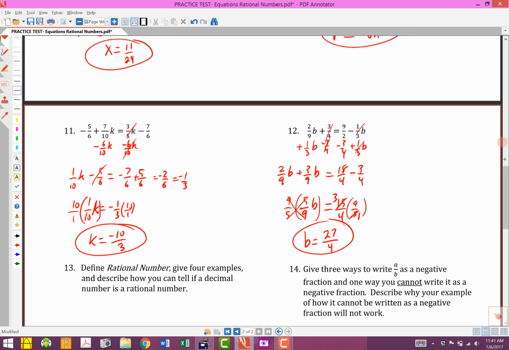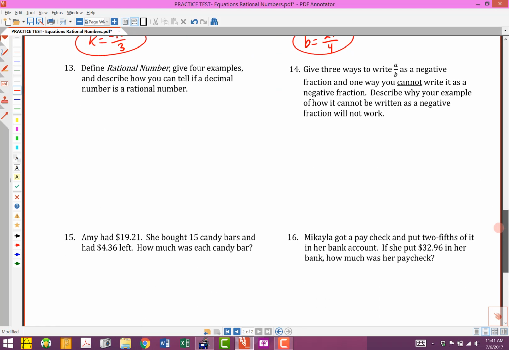And then let's take a look at these next couple. So we've got some word problems here. This one just says define a rational number and give 4 examples. So let's just make sure we remind ourselves and understand what this is. So a rational number, remember, the root word is ratio, okay? A rational number can be written as a ratio of 2